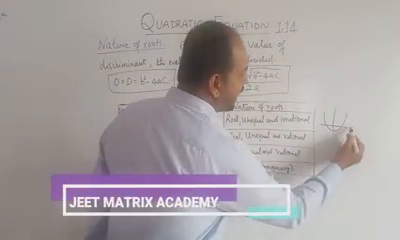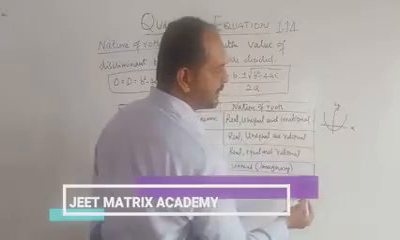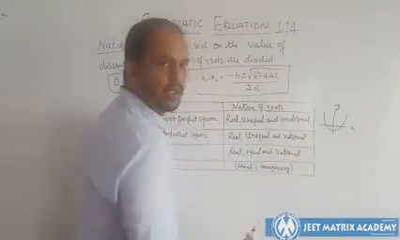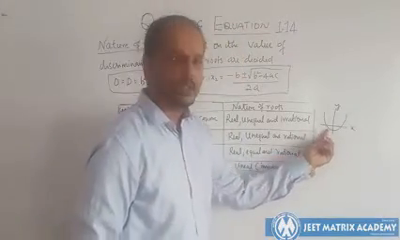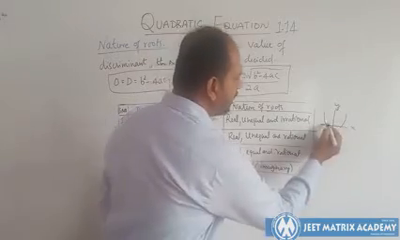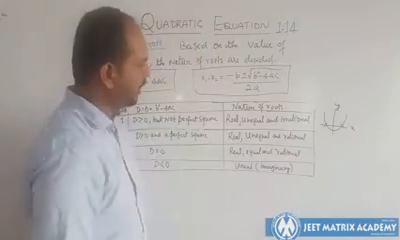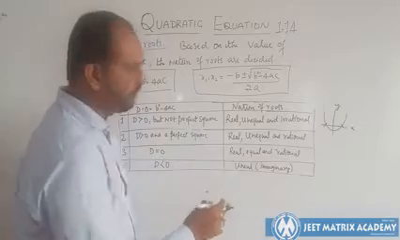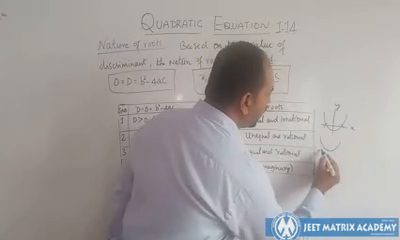It touches the x-axis. This is the x-axis, this is the y-axis. This is a curve based on your quadratic equation. It will cut at 2 points. But in the case of the third, if D equals 0, so it will touch